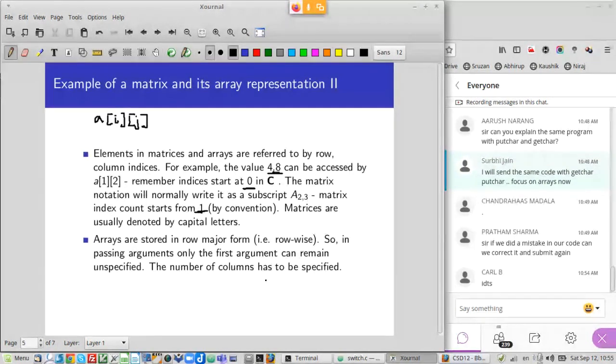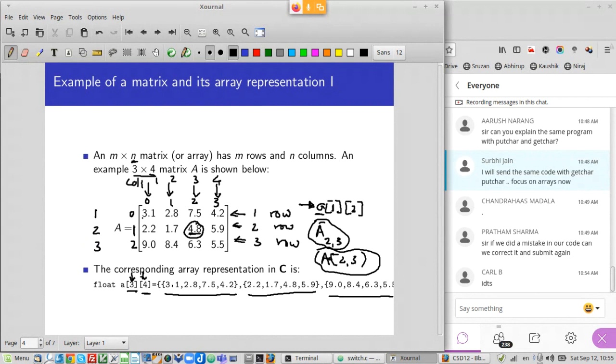Now, when you're talking about matrices in mathematics, we don't talk about how it is stored inside a computer. Inside a computer, the matrix can be stored in multiple ways, and it depends on how it is stored. Actually, the reason for some of the problems that C has with higher dimensional matrices is precisely because of the way in which it is stored. So if you have a matrix of rows and columns, remember that memory in a computer is basically linear, right?